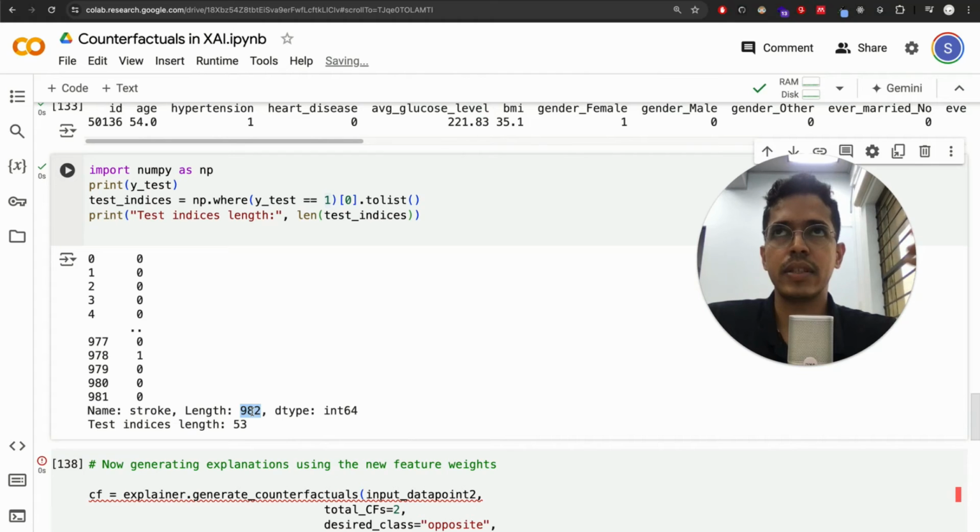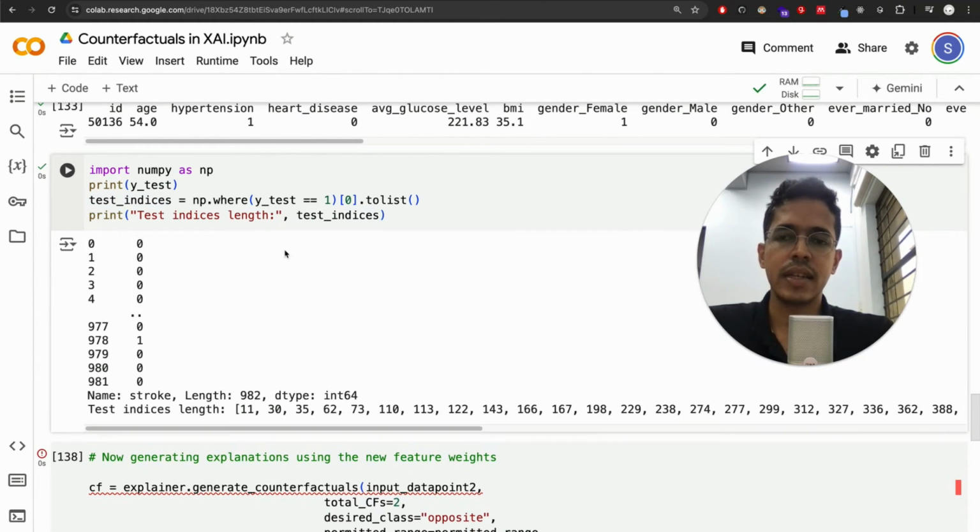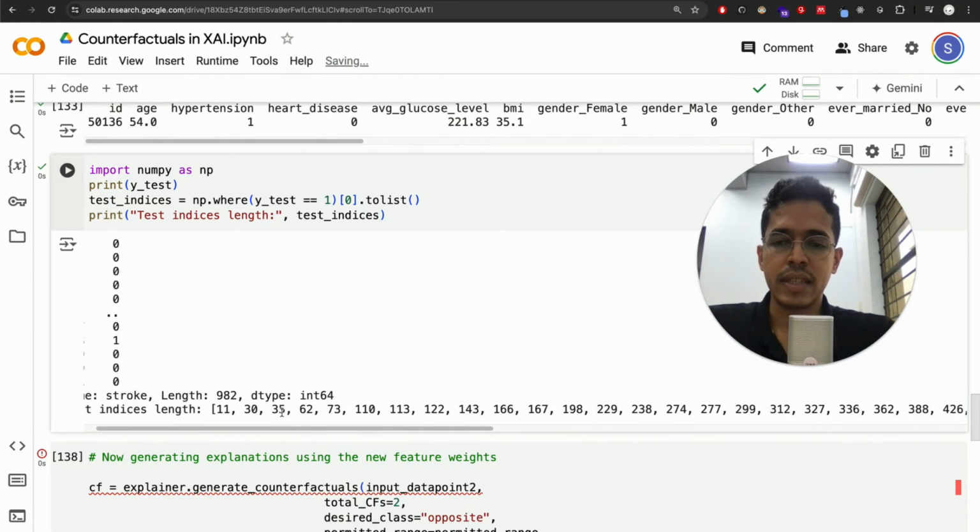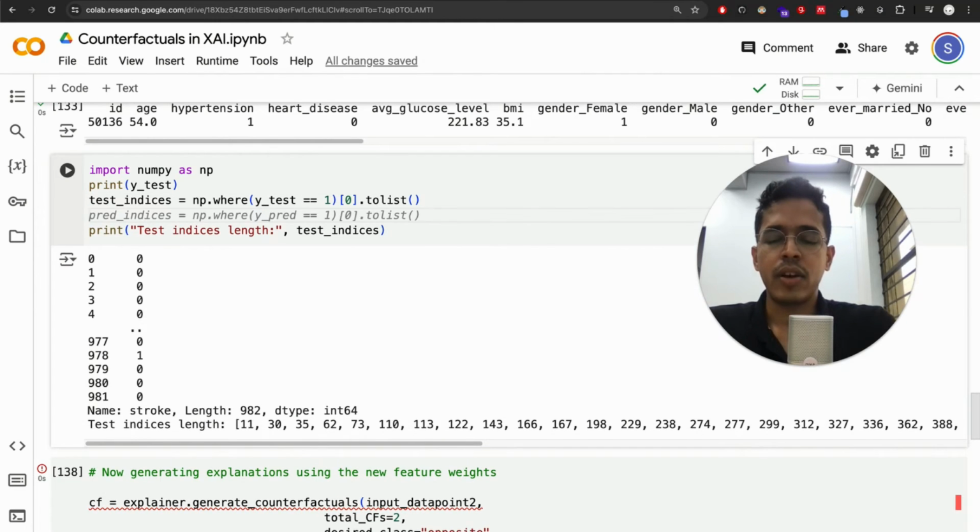So although our model accuracy is 93-94%, there is a very high likelihood that the mistakes the model is making are in those data points which have stroke. We can actually test that. Let's say these are the test indices. If we print this, these are the test indices where there is stroke, right? In the test dataset, for all these indices, there is stroke. And we also have the predicted indices. So in the predicted indices, we can also print